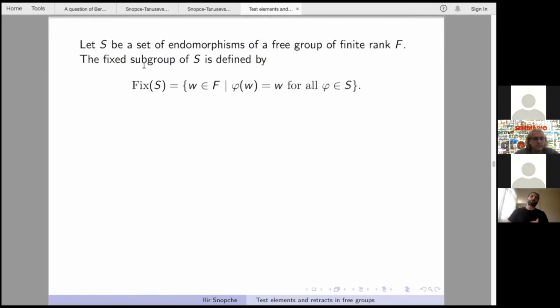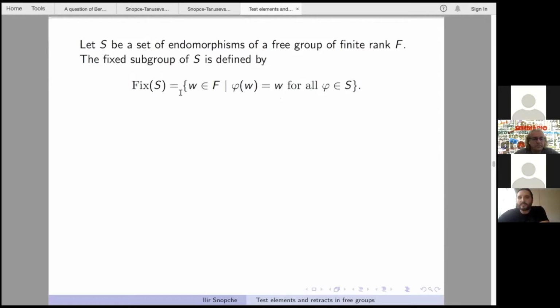Okay, so now let S be a set of endomorphisms of a free group F of finite rank. The fixed subgroup of S is defined by all elements w in F which fix S. So this is the fixed subgroup of S, where S is a set of endomorphisms of a free group. So actually the study of fixed subgroups